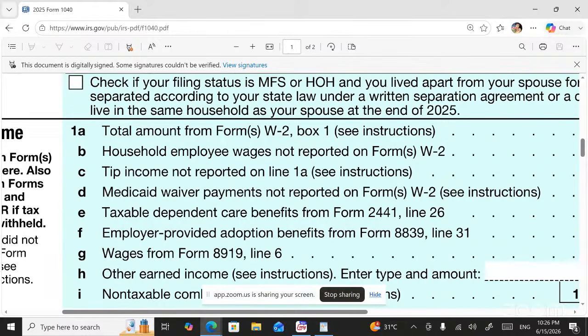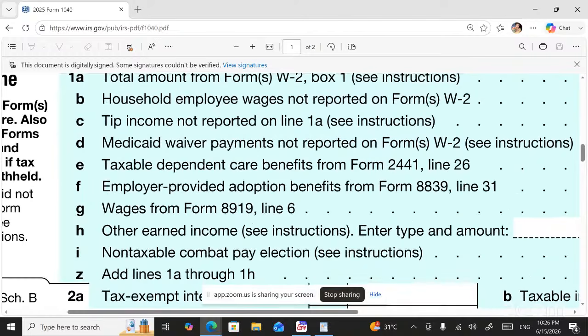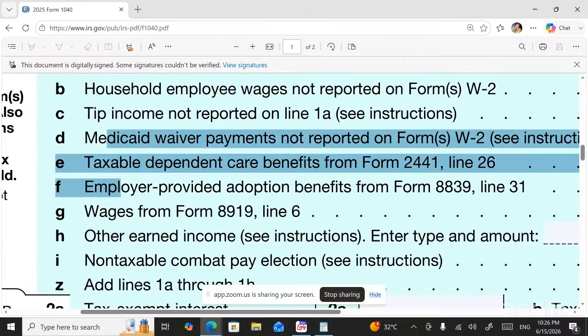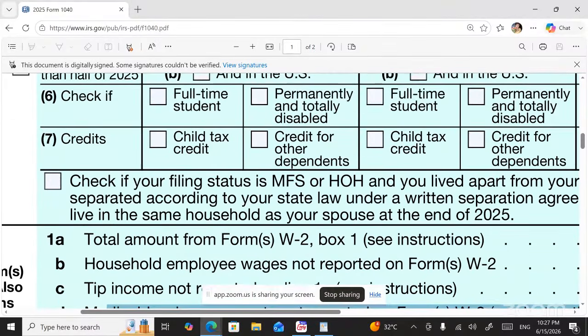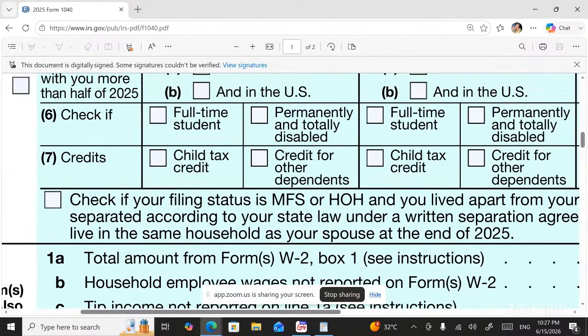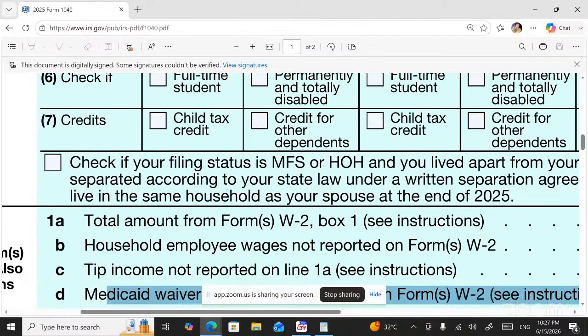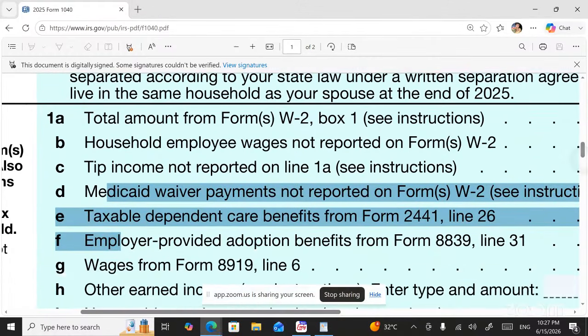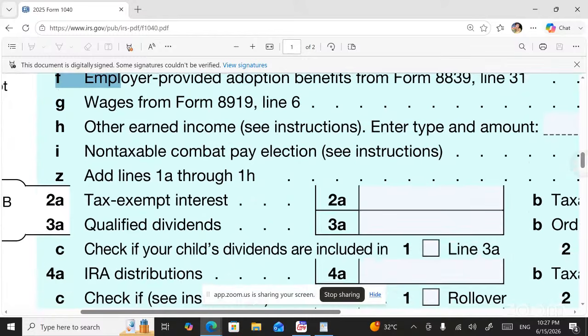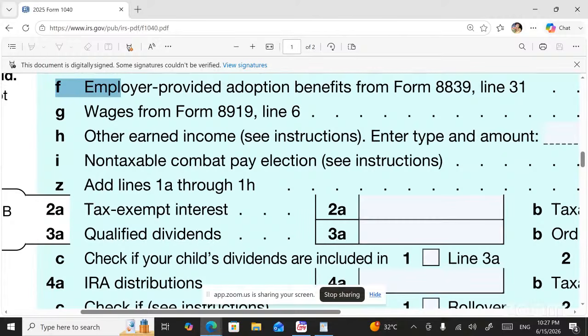Okay. Now, other earned income. 1H, other earned income. 1A to 1G, all these are directly relating to the working. According to IRS,